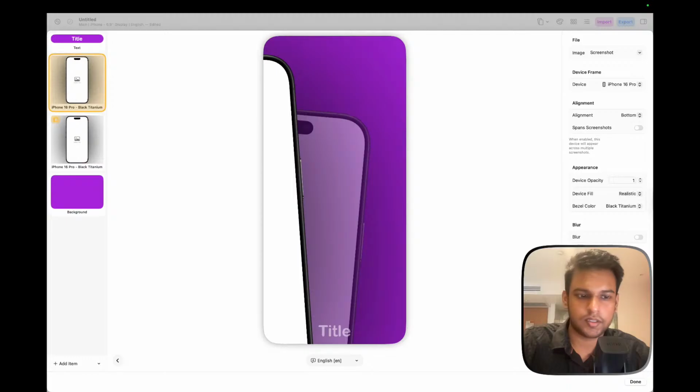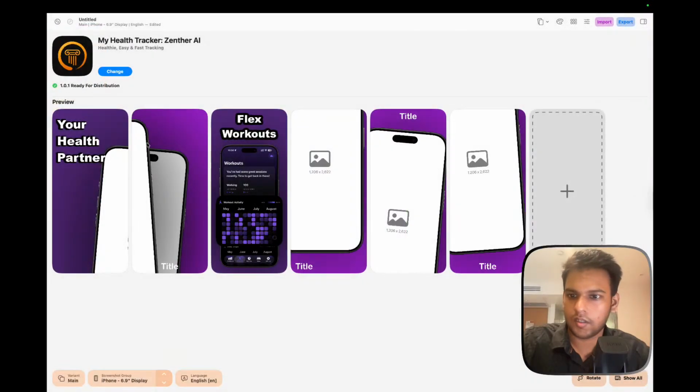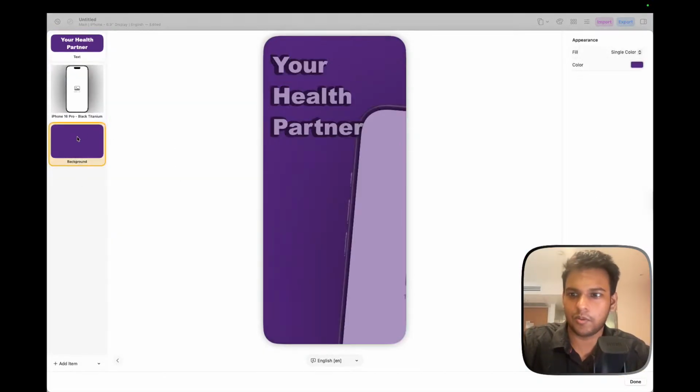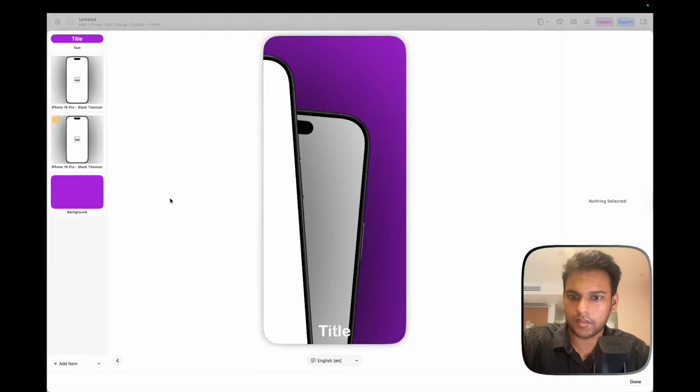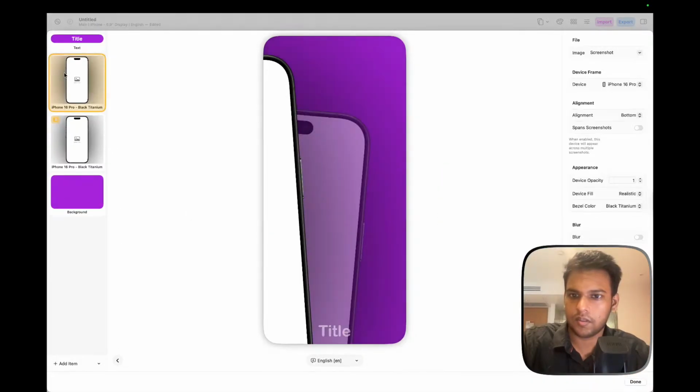But I will get rid of this. It's not giving me the flex workouts, it's giving me the vibe of an actual workout app, but with Your Health Partner, the color is not giving me that vibe. I would want to play more with the colors there, and I would want to get rid of this screenshot. Delete. Okay.